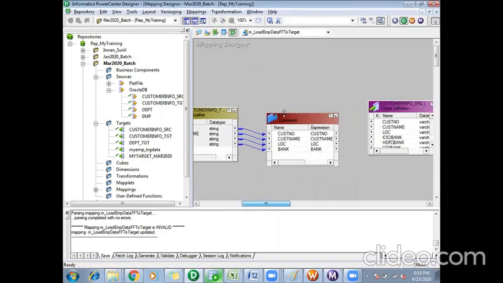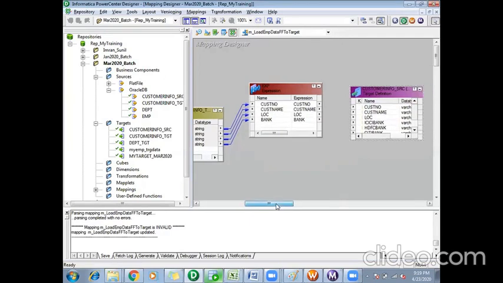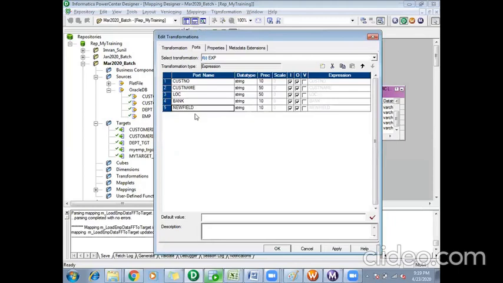If you compare the ports in my expression and the target, you will see that we have customer number, customer name, location. In expression, I have one port for bank, and in target, I have 4 ports for bank. So it shows me that I need to create those many ports so that I can link it to my target.